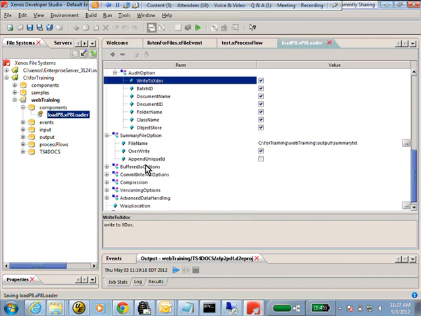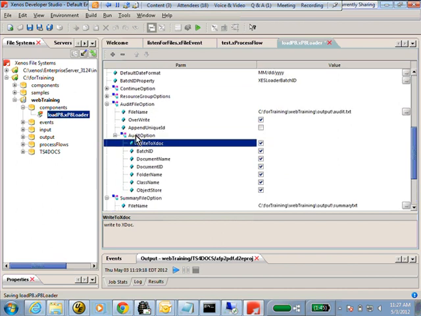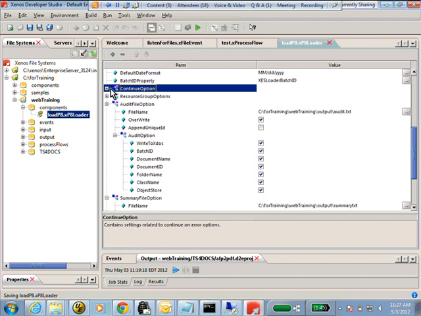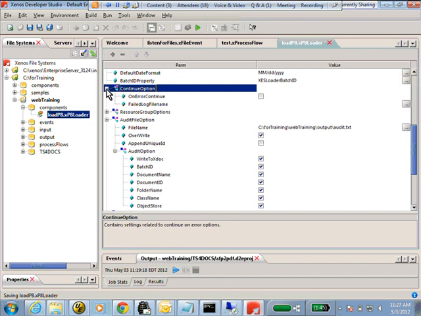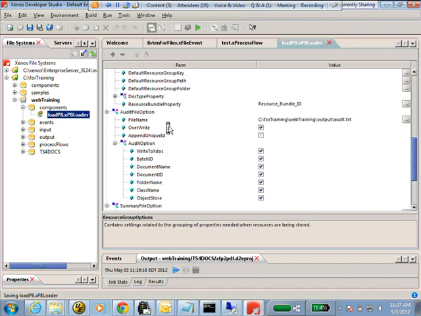And then we have some of these other things. And I'm just going to briefly go over these. You can find more stuff in the documentation, or you can email me if you want to know more about these. But continue option, if the document fails to load, do we continue on, or do we actually just quit everything? So if you're loading like maybe 500,000 documents, perhaps you don't want the entire load to fail just because one failed. Resource group options, if you wanted to load additional resources with the document itself.